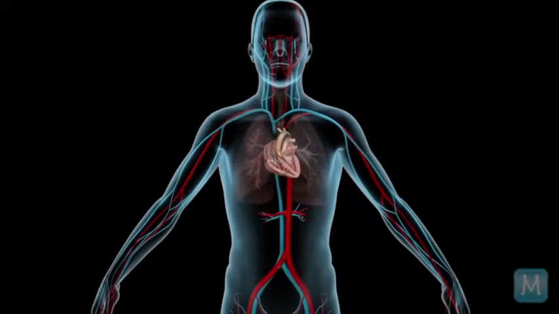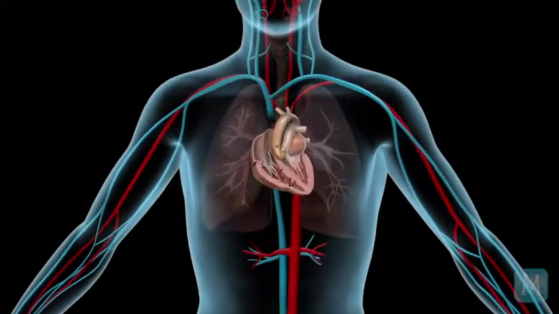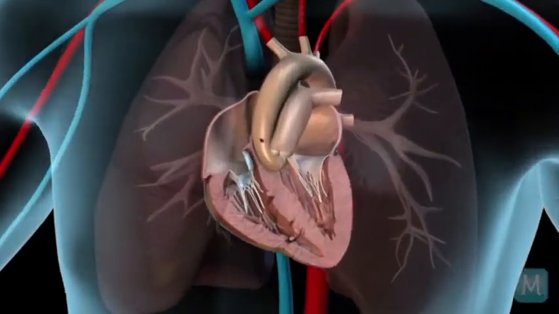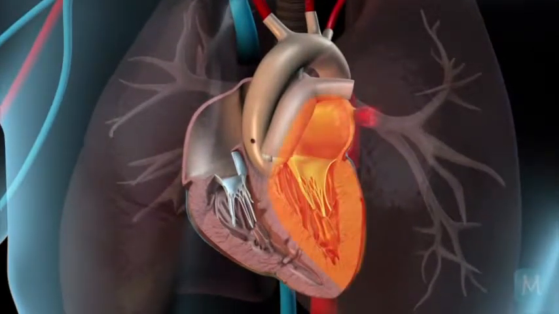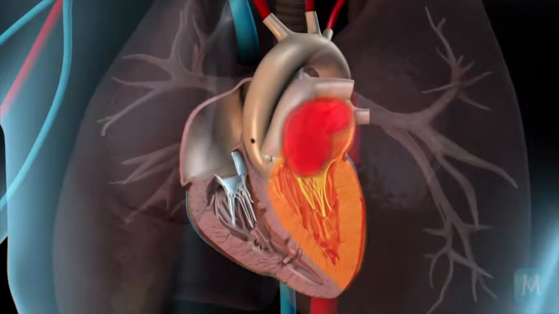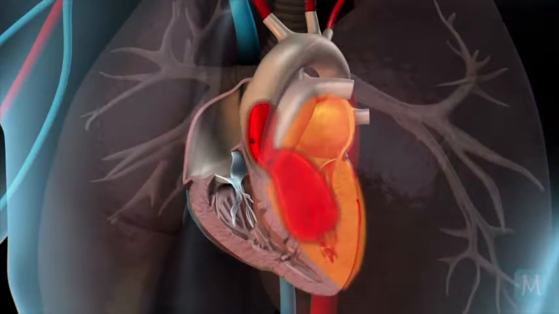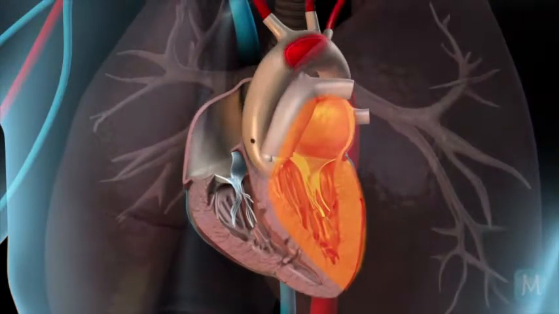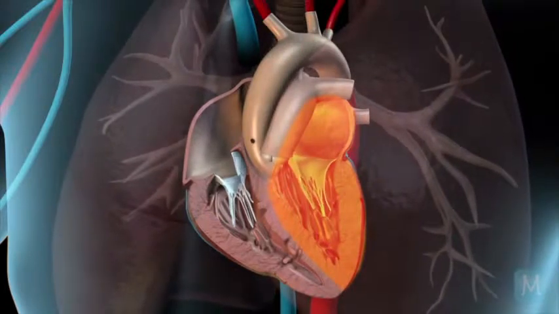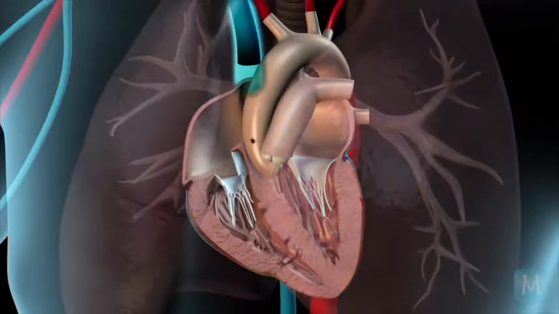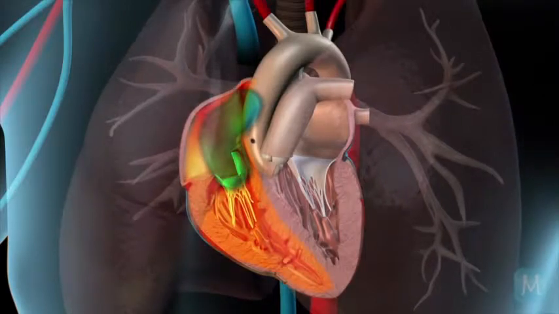Heart failure can affect both the left and the right side of the heart. The left side of the heart is typically what is most noteworthy in the beginning. It is the main pumping chamber of the heart, the chamber that pumps the blood to the vital organs in the body. But the most common reason for the right side of the heart to fail is because of the left side of the heart failing.